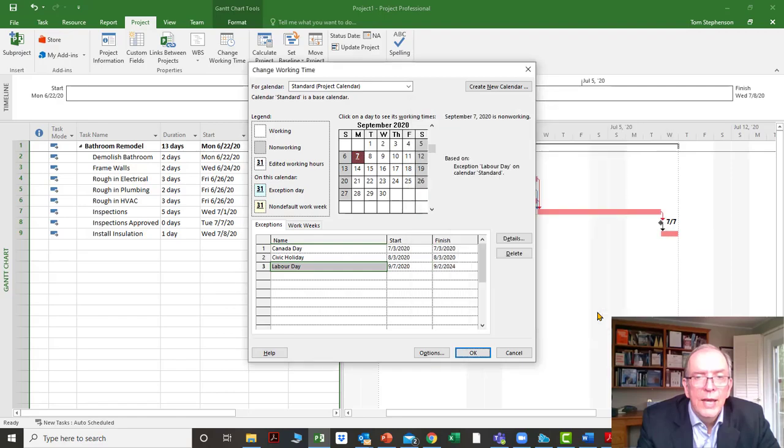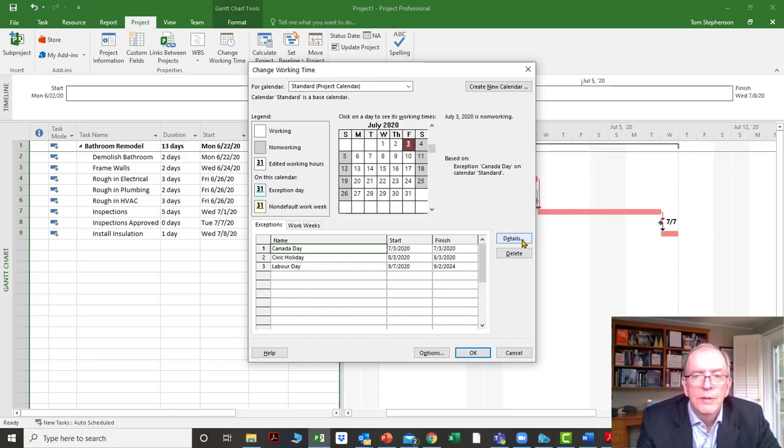If I click OK, now if I go to September 2021, it should be showing that that's a holiday. So you see how that's showing as a holiday? I could go for the next 5 years and it will show a holiday. So that's a quick way on bigger projects, or if you're making a template file, to put it in multiple days. You could also, if it was July 4th and it's always on July 4th,